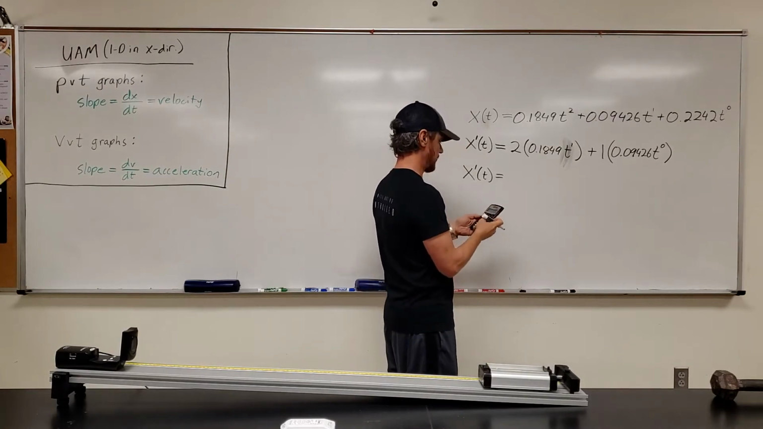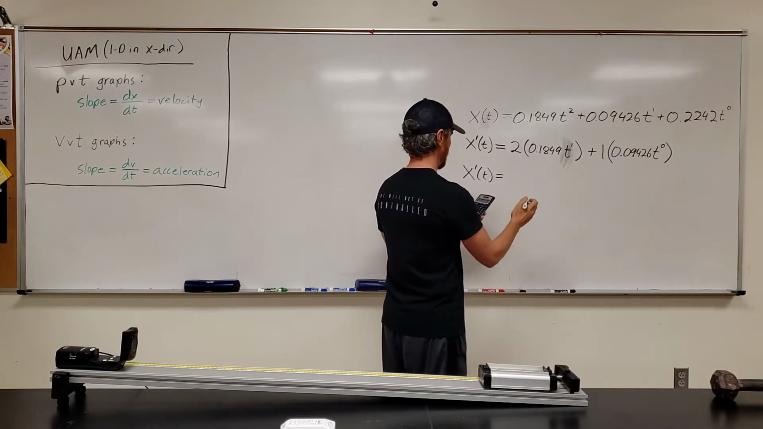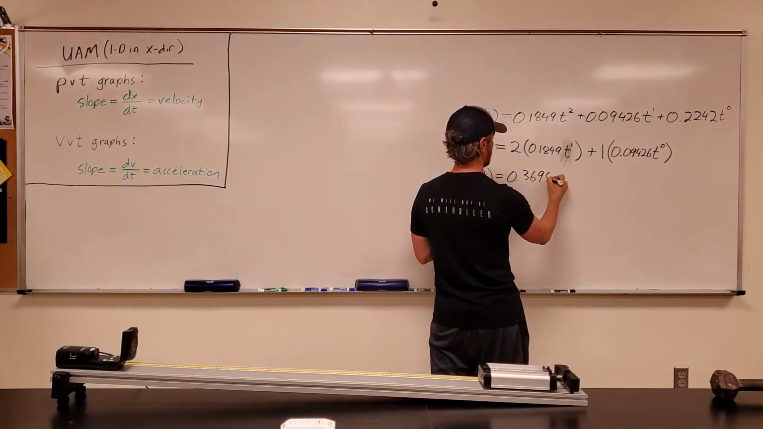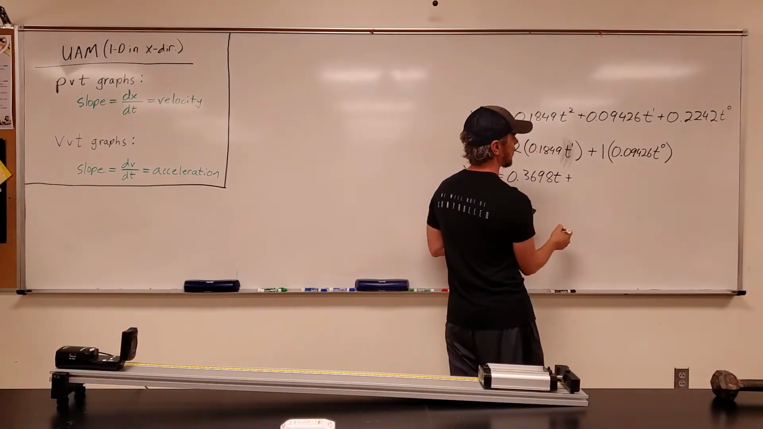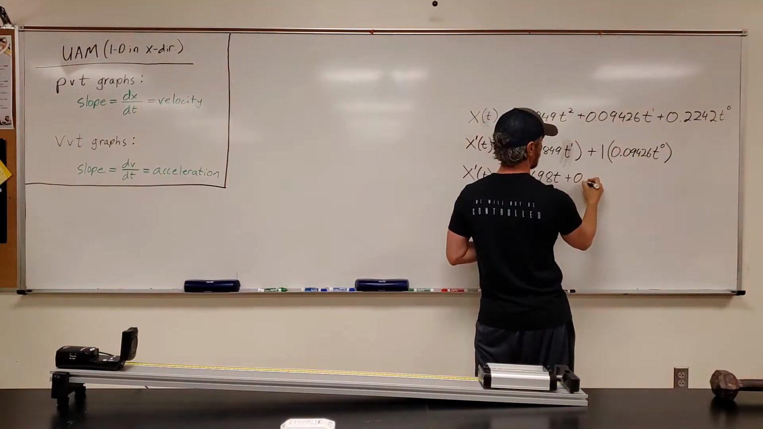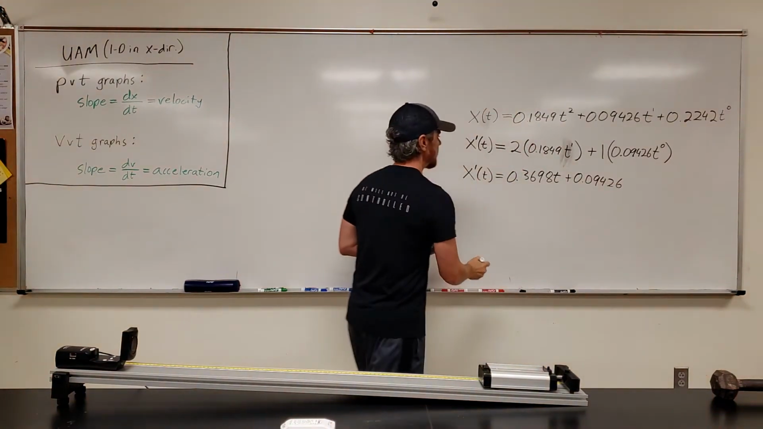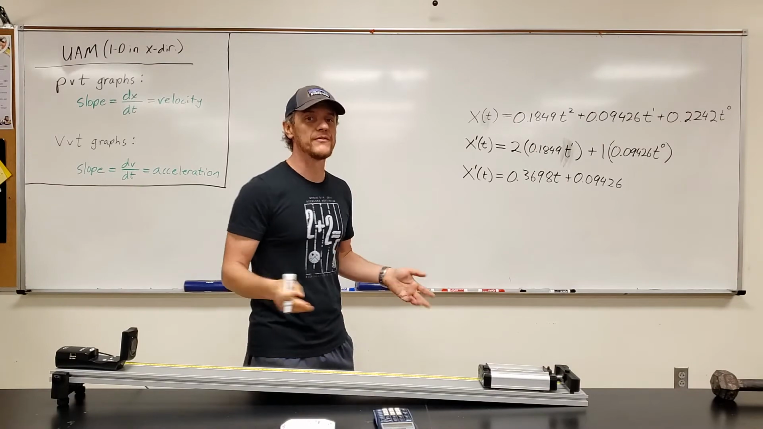So 2 times 0.1849. That's going to be 0.3698 t plus, this is now a constant. So t to the 0 power again is just 1, so it's just going to be plus 0.09426. And this is the derivative of our position function, which tells us the slope of the position function